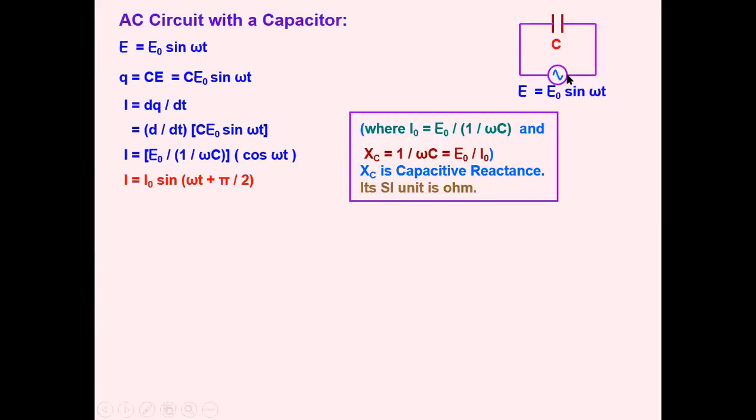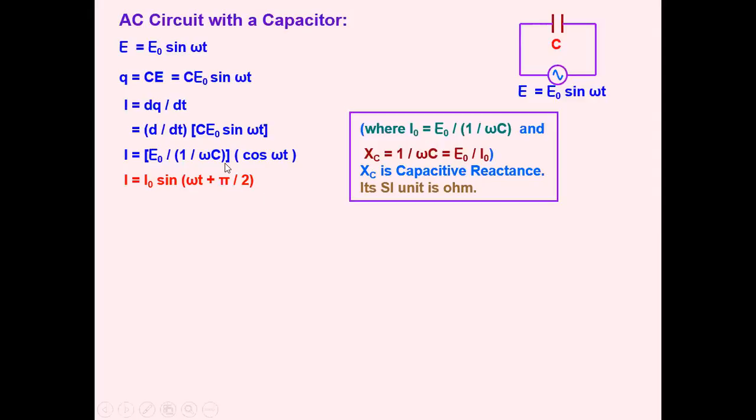Now in order to view the phase difference between alternating EMF and alternating current across the capacitive circuit, we have to look at the phase. Here omega t is the phase, and here omega t plus pi by 2, because here it's a sine function and here is also a sine function. So we only have to check the phase. We clearly see that current leads the voltage by a phase difference of plus 90 degree or pi by 2 radian.